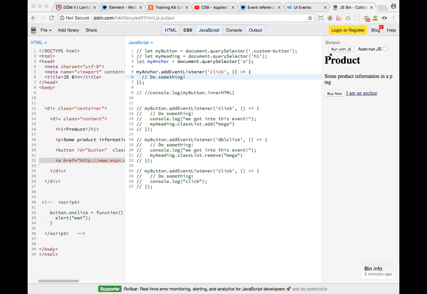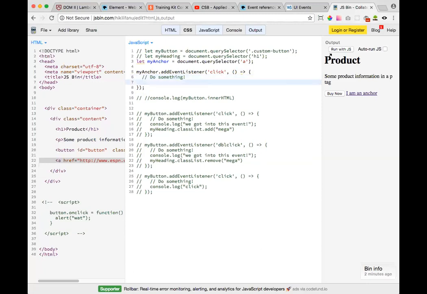If we come back to our event object, I want to talk about prevent default right this second. Let's just do it. Prevent default will allow us to take an event, take what the event normally does, and stop doing whatever it normally does. So in this parameter here, it automatically passes an event if we reference the parameter. This is really interesting. So if we do add event listener,